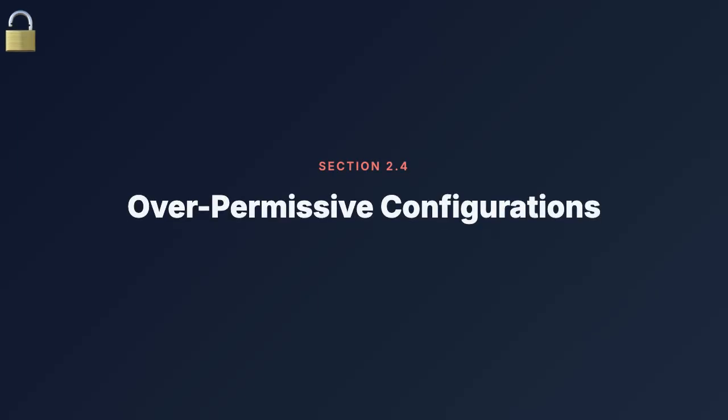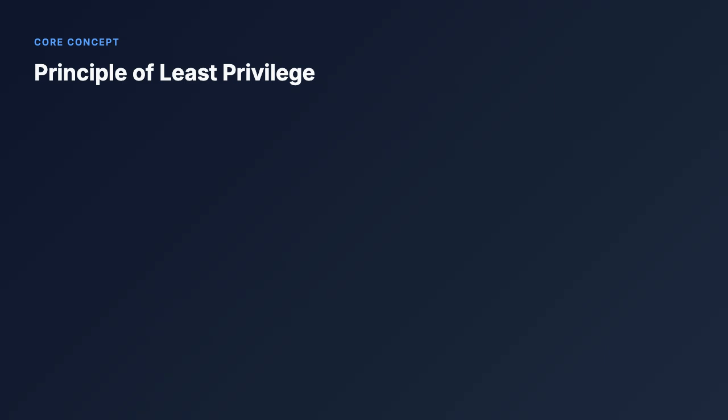Section 2.4, Over-Permissive Configurations, when AI gives everything the keys to everything. AI coding agents consistently produce configurations that are wide open by default. These are not code logic bugs. They are settings that grant too much access to too many callers, violating a foundational security principle called the principle